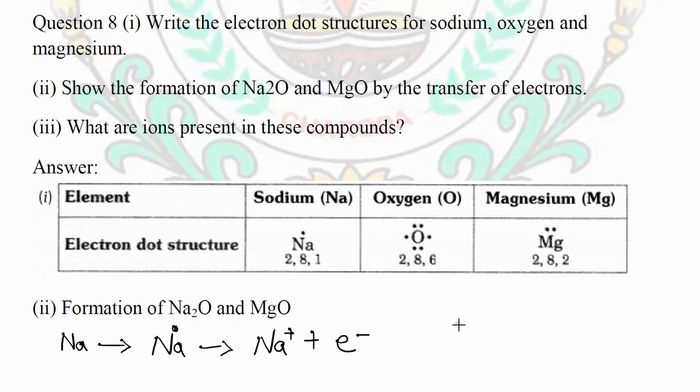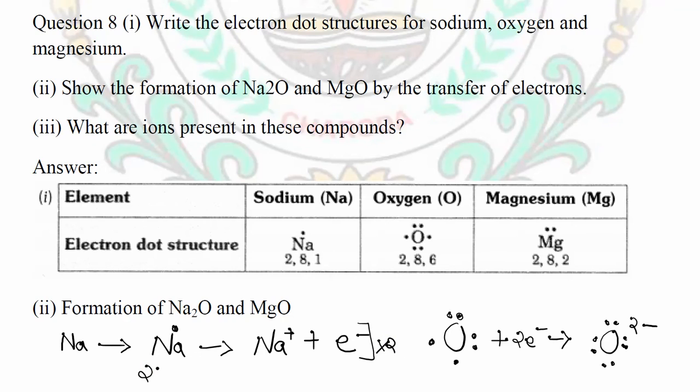And in the case of oxygen, oxygen is possessing 6 electrons, out of which 2 are unpaired and 4 are paired electrons there. So here what will happen? Here the acceptance of 2 electrons will take place. The oxygen will accept 2 electrons to form an oxygen anion. Okay. So now this oxygen requires 2 electrons, but here only 1 electron has been released. So what we will do? We will multiply the first reaction with 2.